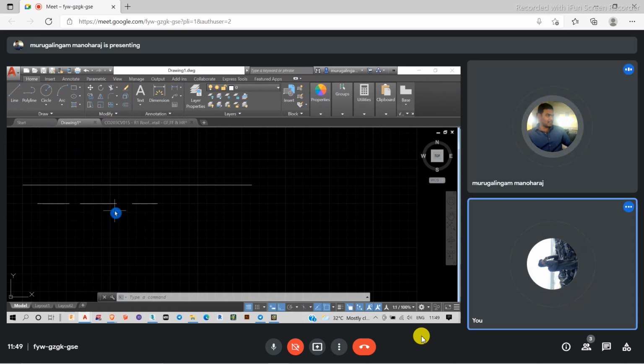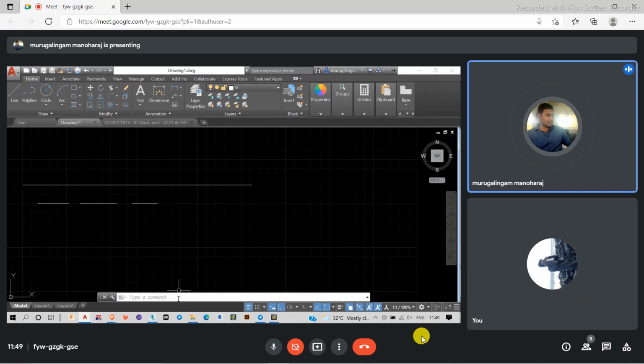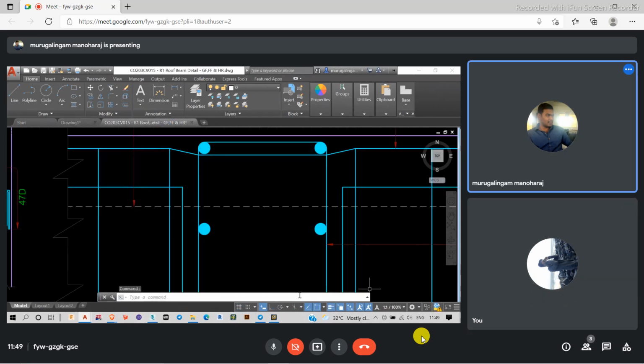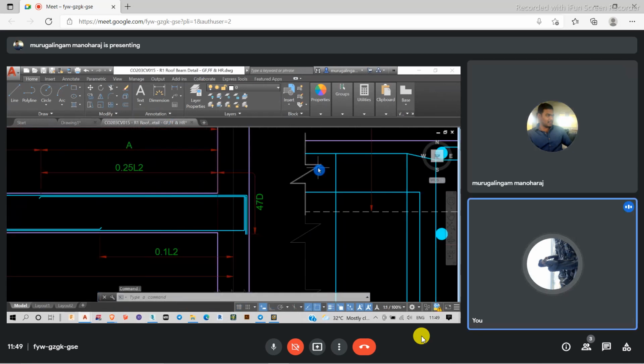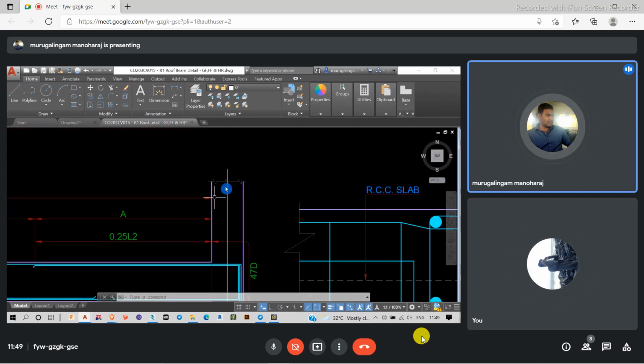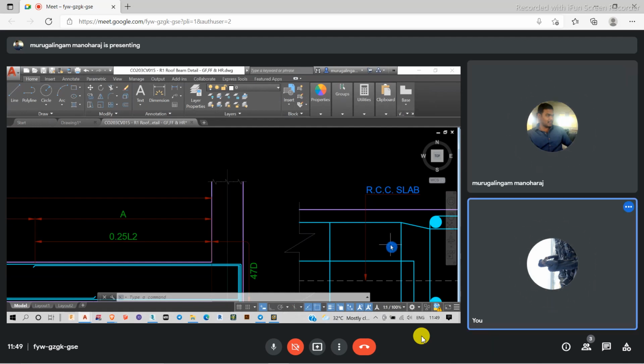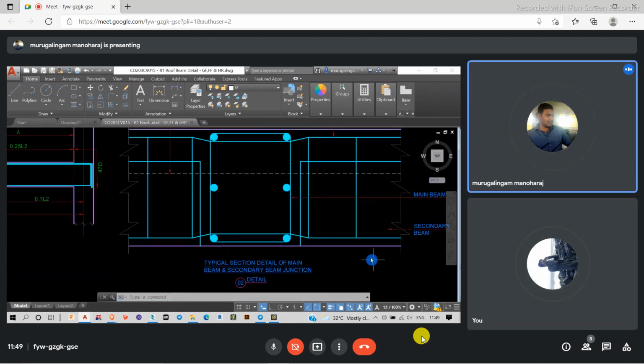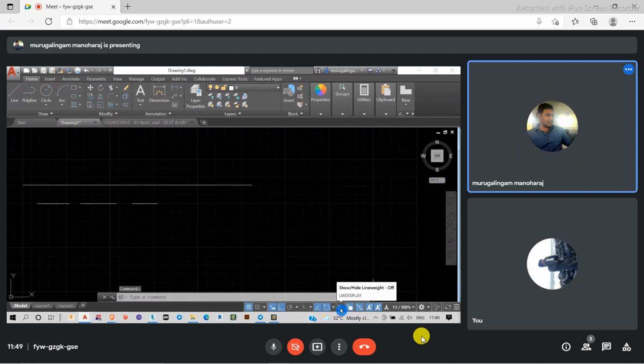It's not possible to draw a line like this. And one more thing I have to see is that in this diagram, some lines are kind of transparent. They look kind of dull also. So how to draw these kinds of lines, and what is the purpose of drawing them? Those are the things we are going to see now. I'm not directly going into this line weight option. This is called line weight. But before going into this, what I'm going to do is open properties.